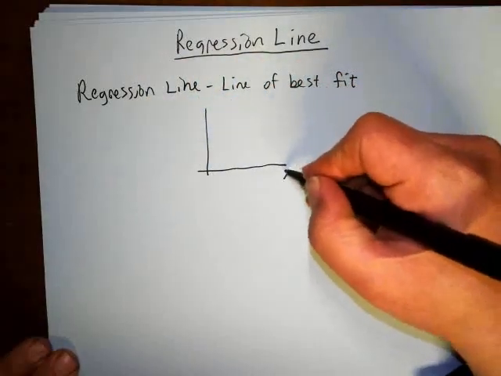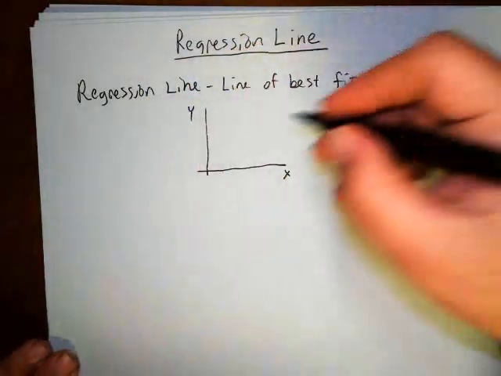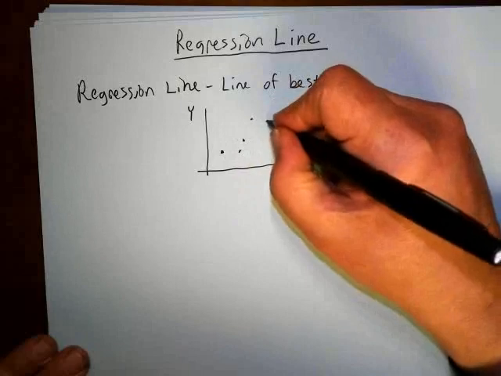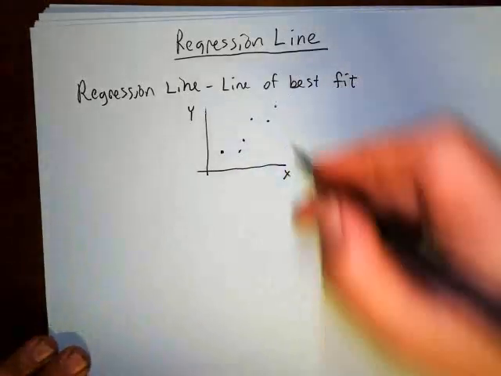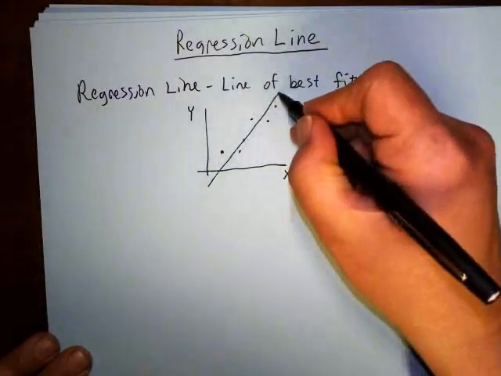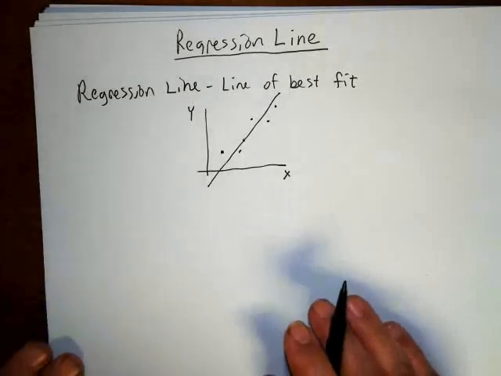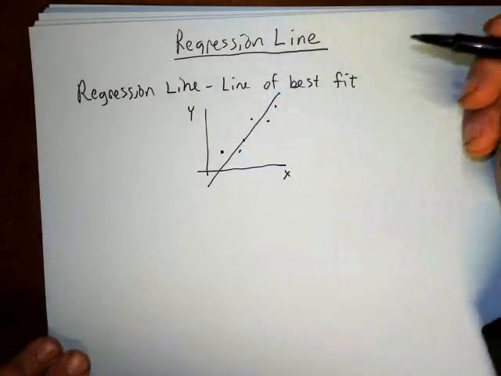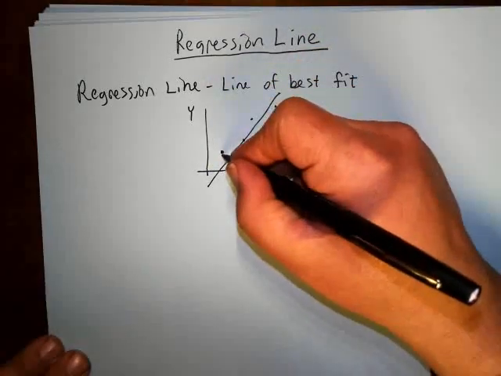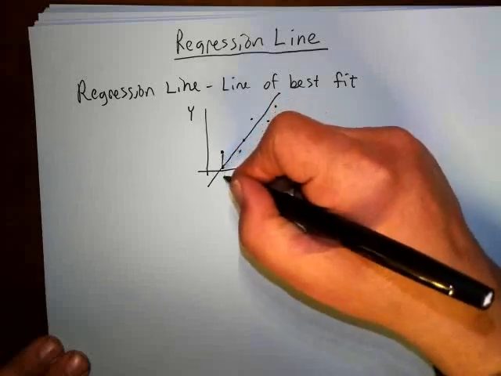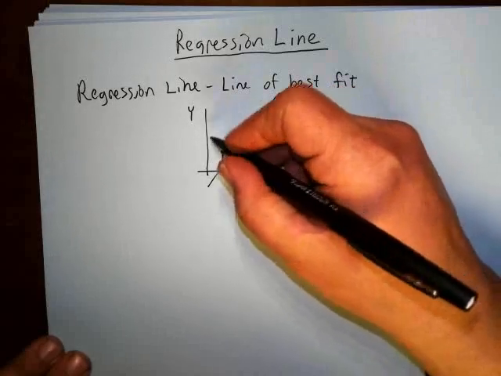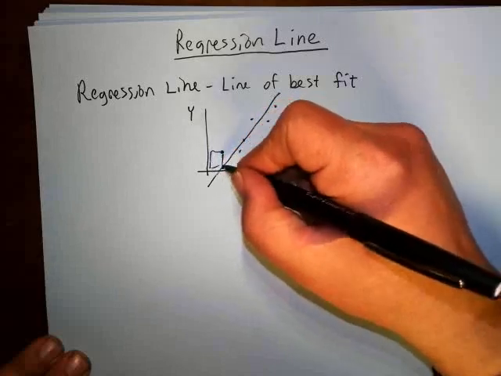So let's say we have some data, and maybe the data looks like this. There's going to be some line that goes through this data that's going to fit the data the best. It's going to have the least amount of error. And the way that they calculate the error is that they find this vertical distance for any of these points, the distance in these two y values, and then they square that distance,